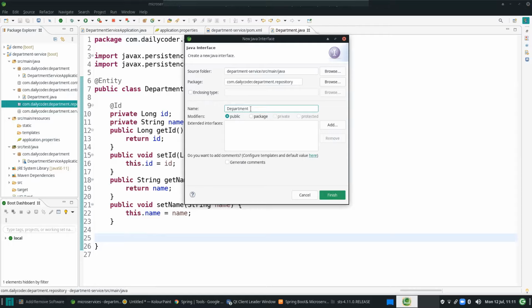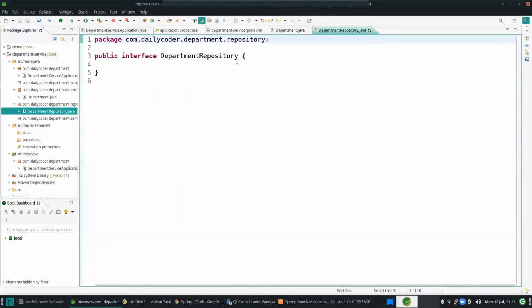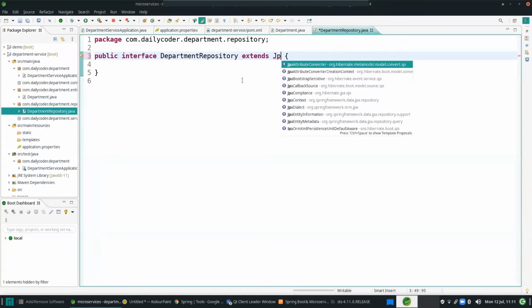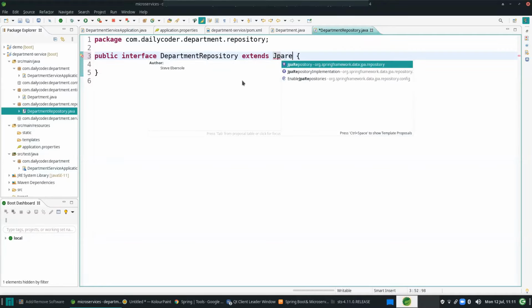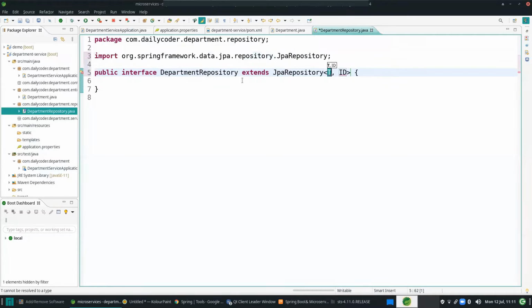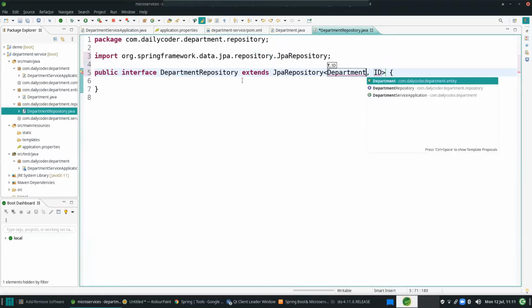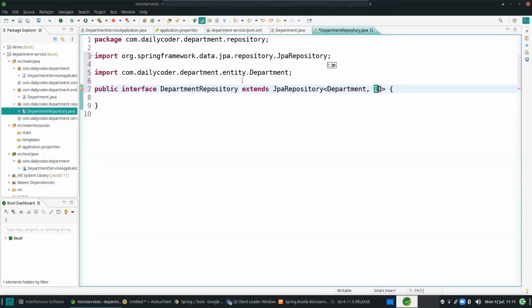The department repository, if we are using Spring Data JPA, has to extend JPA repository so that you don't need to write any of the methods. See what entity you are going to use for this repository: Department is your entity. And what is the type of the primary key? Give long. That's it. No need to do anything here.